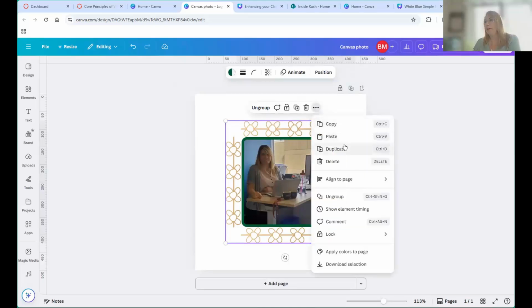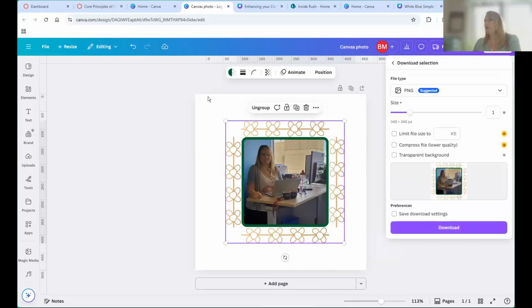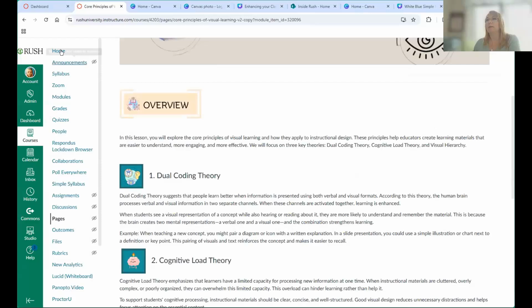You can copy, paste, duplicate it, delete it if you don't like it, align it to the page. And then down here, this is where I want to download the selection. So when I download the selection, it's going to remove all of this white space and just download what I've created here. So that when I put it into Canvas up here, back in my homepage,